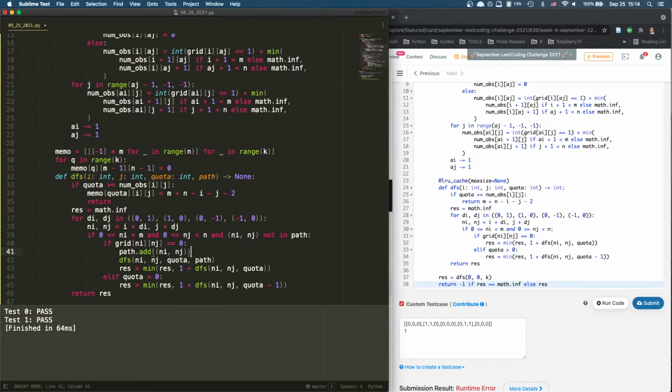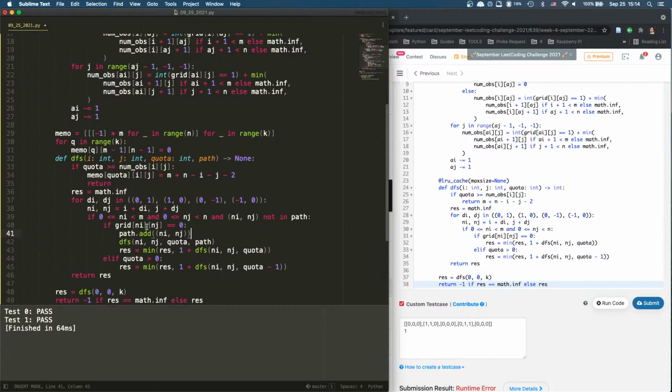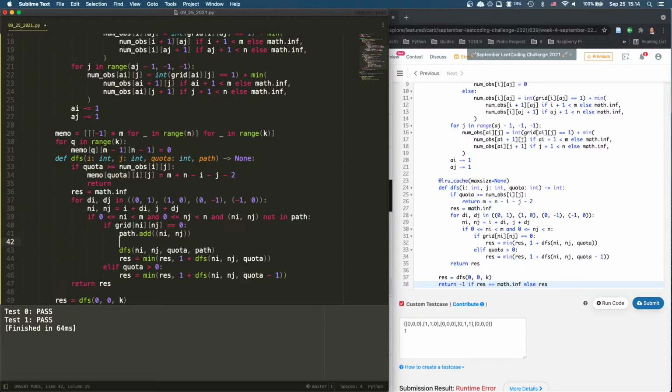We can avoid adding if this. I'm going to say if, and else, and then we have to remove it. So let's just add, path added, right? And then we're going to check if memo is it, then let me say if